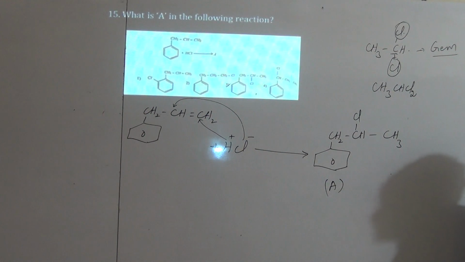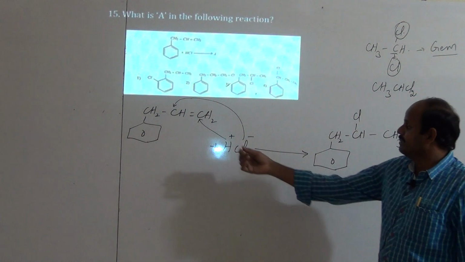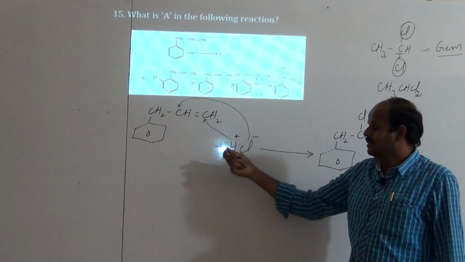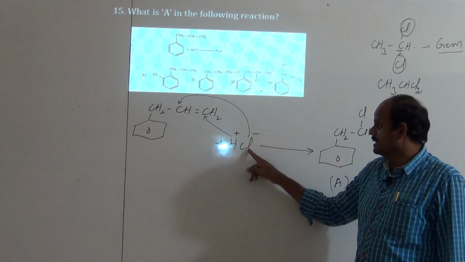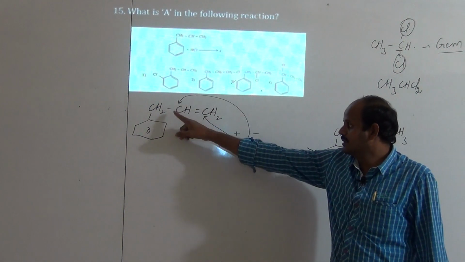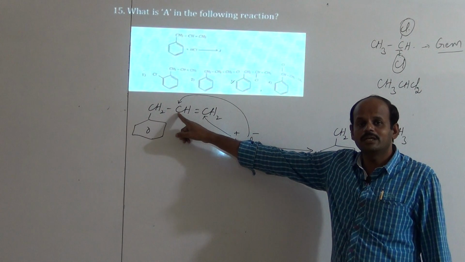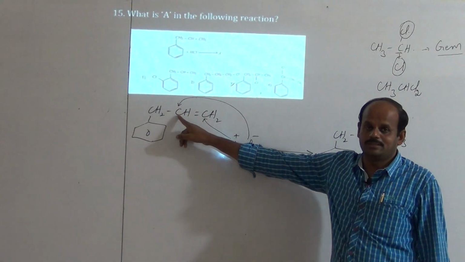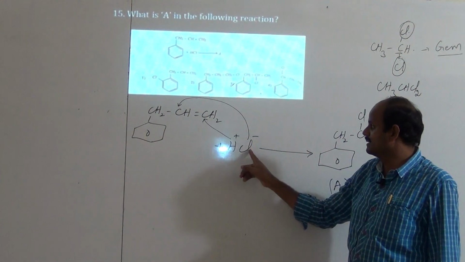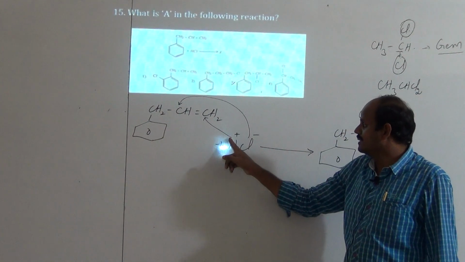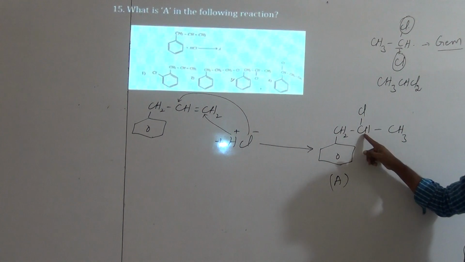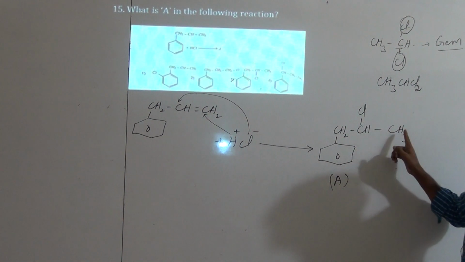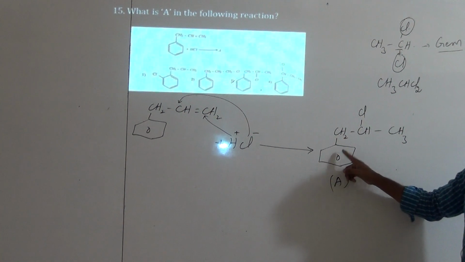It is according to Markovnikov's rule. What is the statement? When an unsymmetrical alkene reacts with hydrohalic acid like reagents, the negative part of the reagent attacks the double bonded carbon atom with fewer hydrogens. Okay, thus Cl minus attacks this carbon, hydrogen attacks this carbon. Thus we get here 2-chloro, okay, propyl, here benzene.